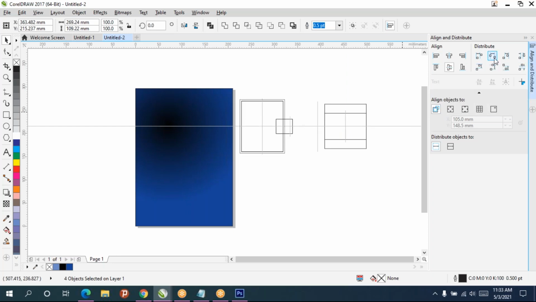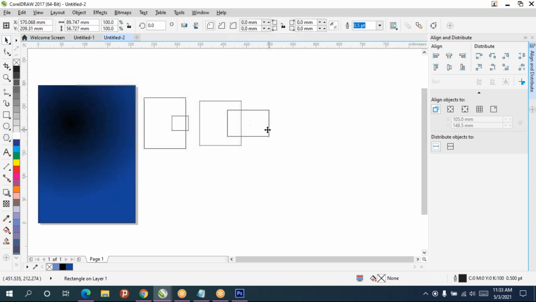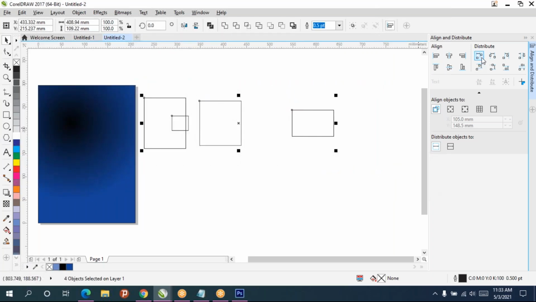Okay. Distribute is based on the center points in between each object. Suppose one object is kept outside like this, then you select, and evenly it will get arranged.